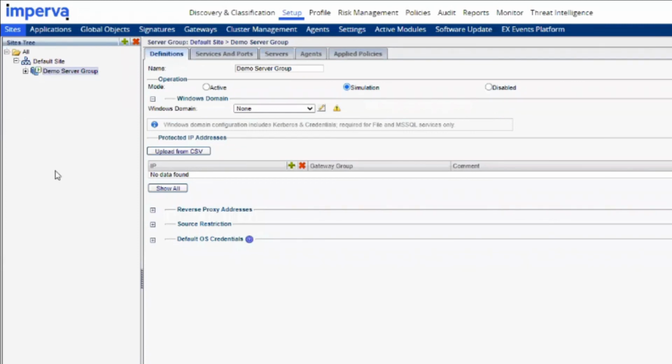It's also important to note that with the operation mode being controlled at the server group level, you want to plan out how you're going to configure and deploy your server groups. Because you can have multiple applications running underneath this server group, and when you go to active, they all go to active at the same time. There is a limitation of 30 server groups per gateway. I believe that's accurate, and 100 server groups per MX.